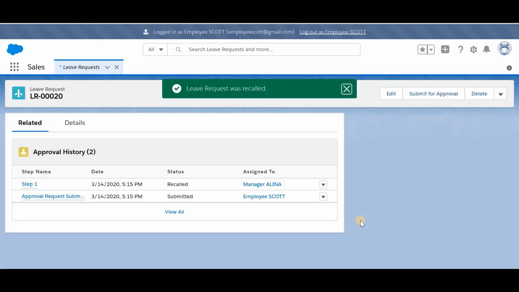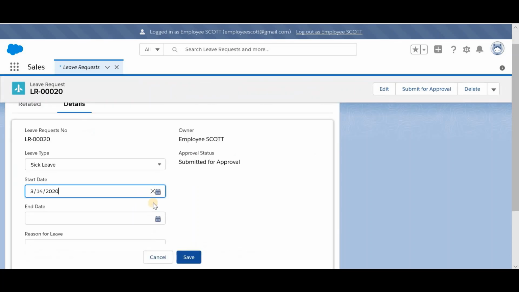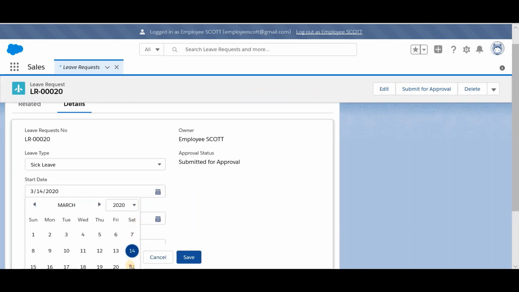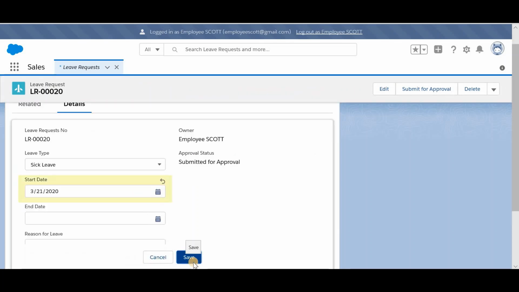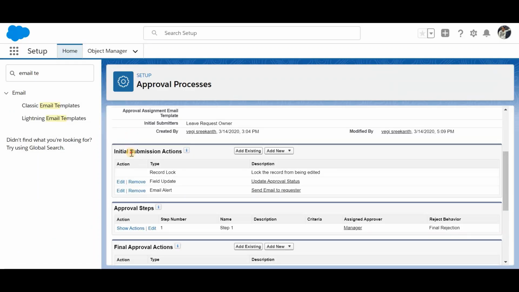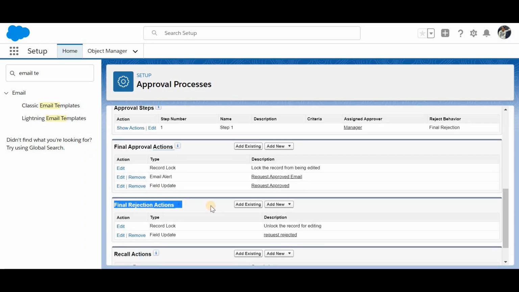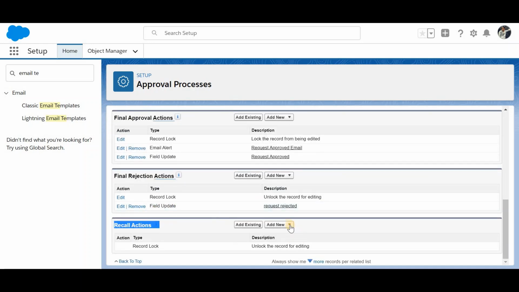Now this record will be recalled, and if you click on details, you're ready to change the values from 14 to 21 and then click on save, and this is how you can recall and change your values. As with initial submission actions, approval actions and rejection actions, on recall also you can have your field update and email alert. You can change the status to recall, something like that, or you can send the email alert to the requester